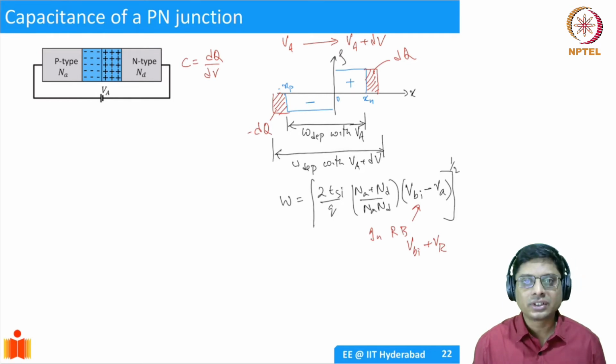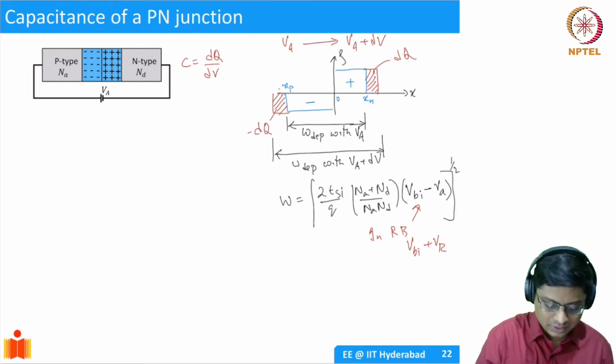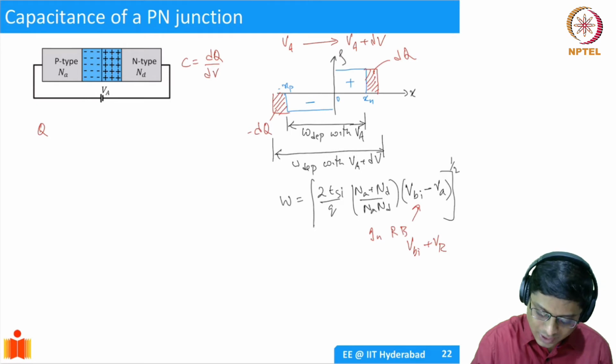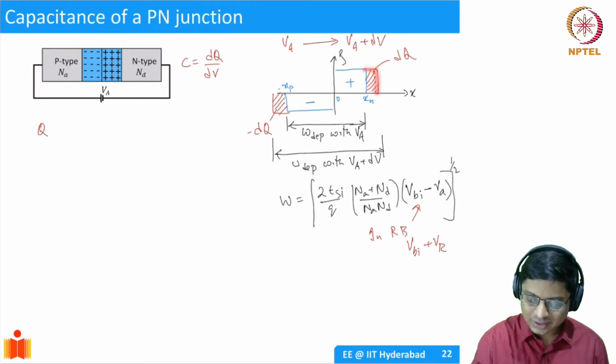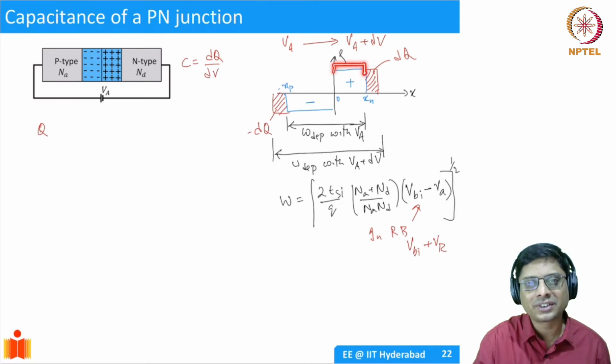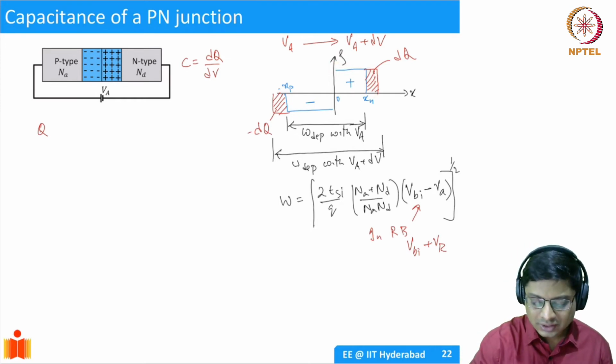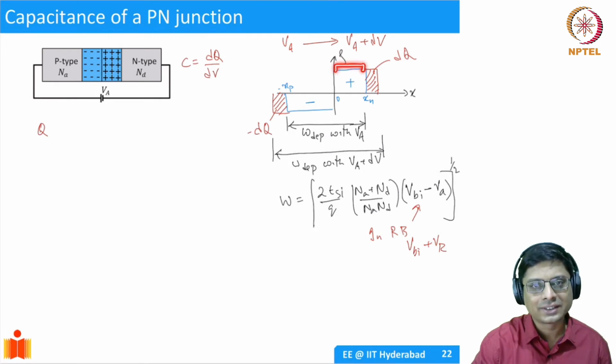So what is this change in charge, dq? If we do that, we know the capacitance. So to compute that, what we have to do is remember what is the charge. And before we do that, please think about why I increased it like this. Why not keep the width constant and increase my space charge? There is a reason why specifically I'm drawing it like this, right? I'm extending the depletion region, but not increasing it on the vertical axis. Why is that? Think about it.